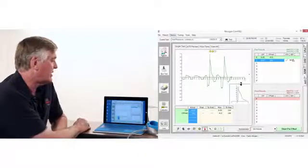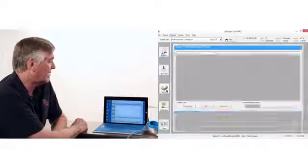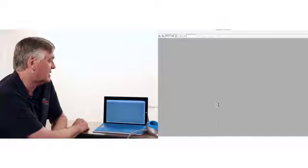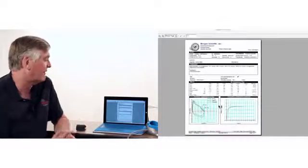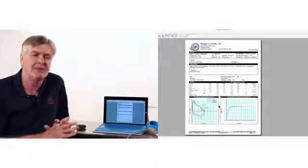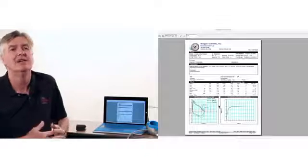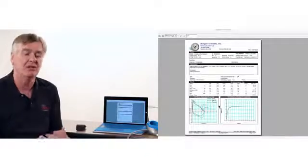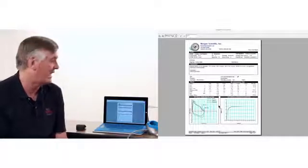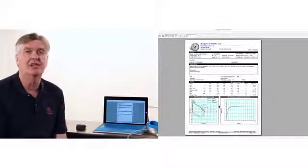At this stage, we've pretty much completed all that we need to do, and I can simply click on reports, and I can preview, print, or save the report as a PDF. The reports within Compass software are absolutely unlimited. They can be any mix of graphical presentation, numerical presentation that you and your colleagues want to have. Furthermore, we design the reports